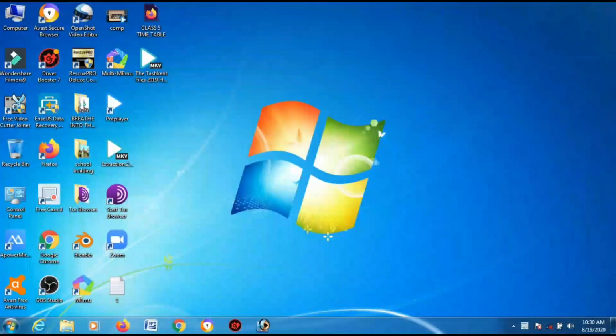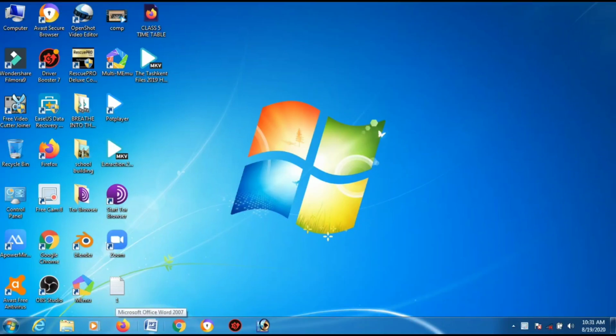Hello, my dear students. Today I am back again with a new topic of computer. Today we will be checking out the topic of WordArt in Microsoft Word, and inside Microsoft Word, the different aspects of Microsoft Word. So let's start. This is my Microsoft Word on the taskbar.